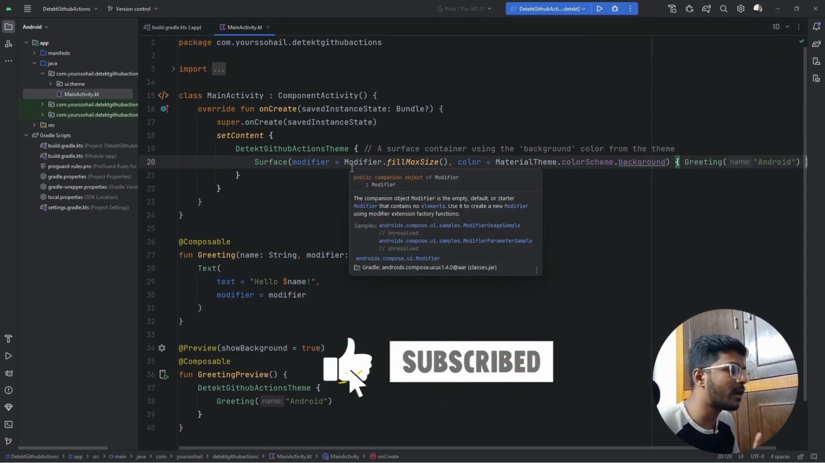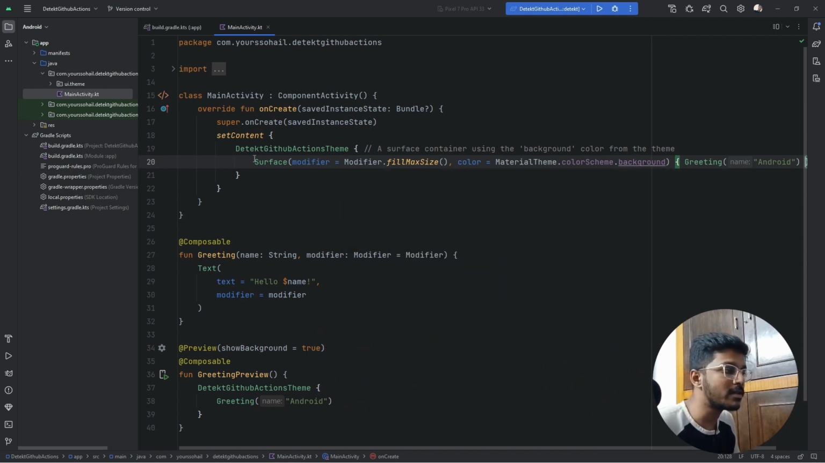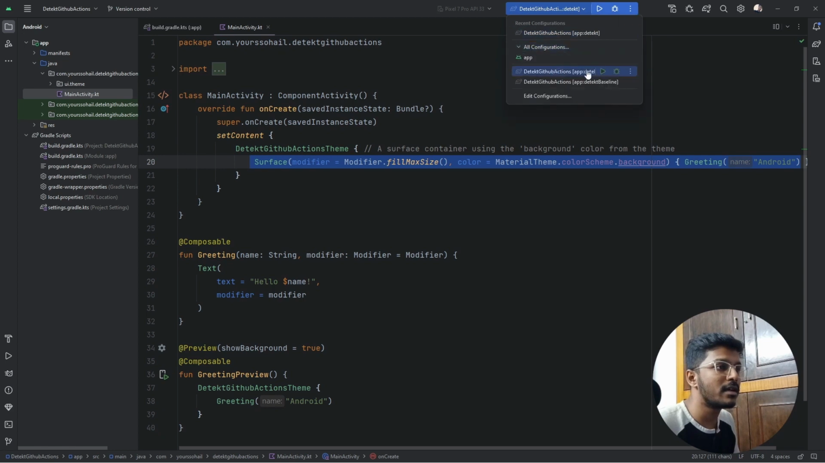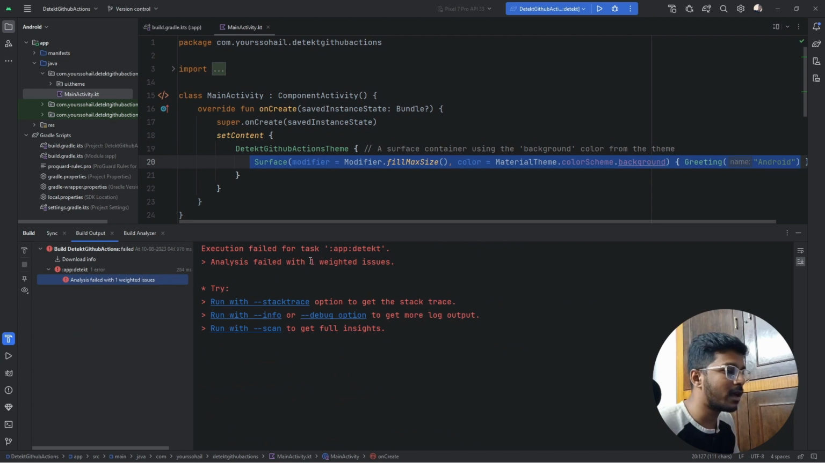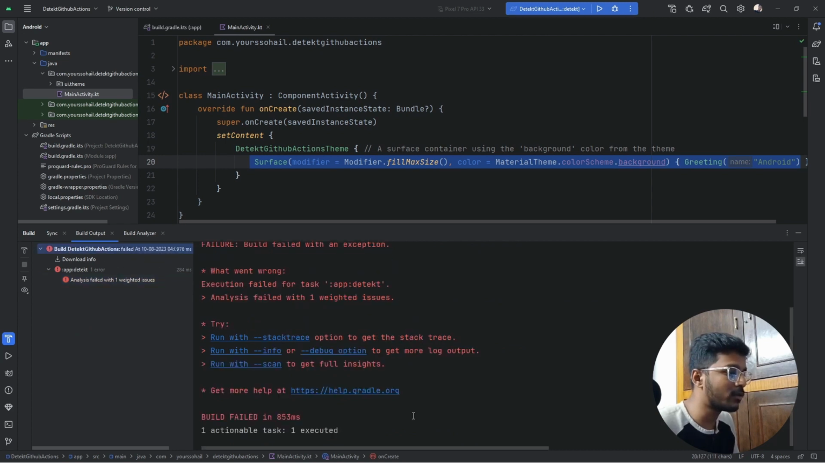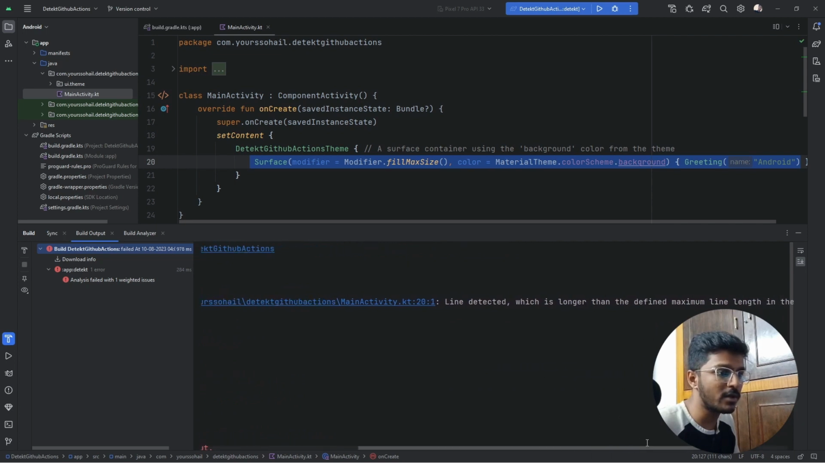Now if we try to run the detect command again, it should throw me an error, but just this error, not the previous ones, because we have mentioned those errors in the baseline and the detect would skip those errors. Okay, so let us run the detect command again, and as you can see, it has one weighted issue, and if we look for that, it is this one. It says line detected, which is longer than the defined maximum line length in the code